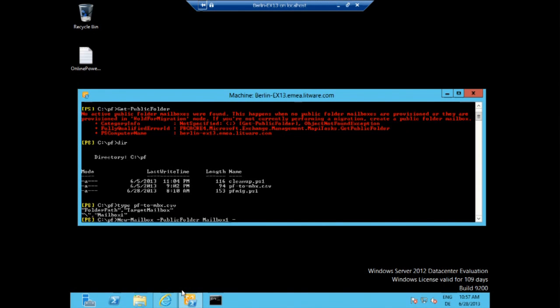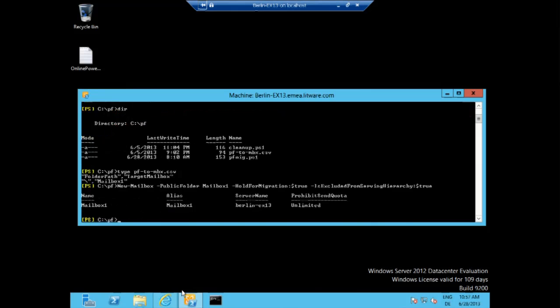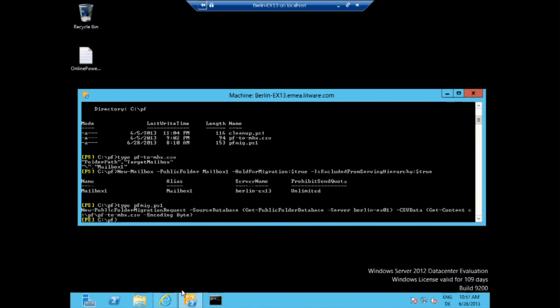And then, of course, I need to add the hold for migration. It is true. And the is excluded from service hierarchy also is true. Bang. So now it creates the public folder mailbox. The next command that I'm running, and I need just 10 seconds here so the public folder mailbox is available,